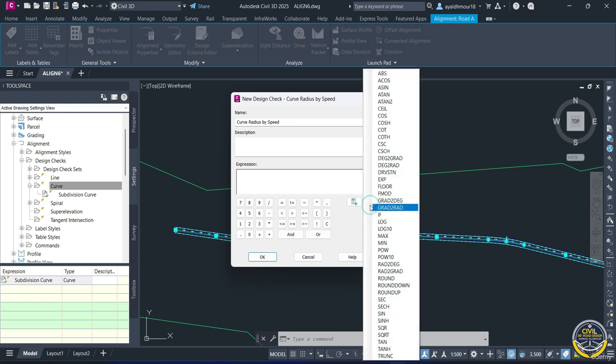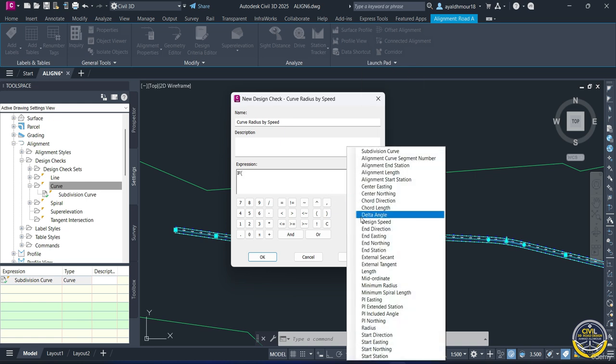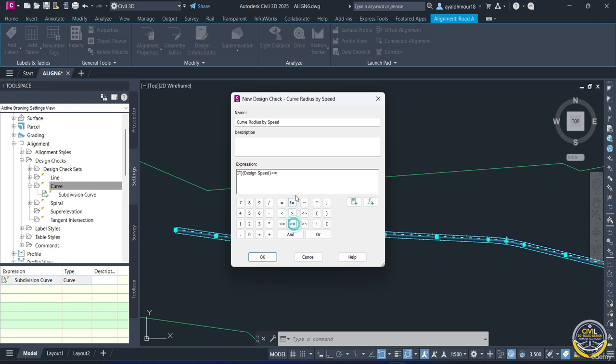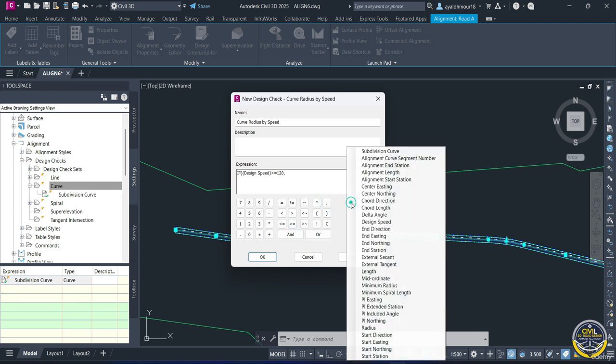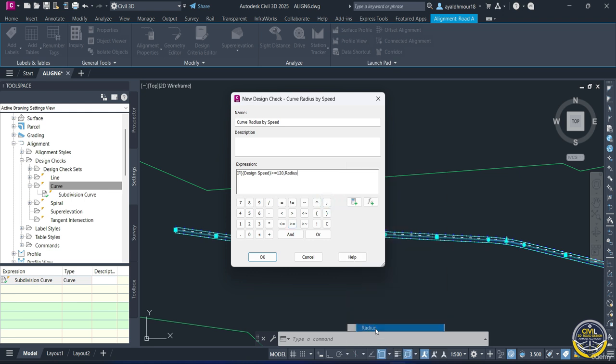Now go to If, then click in design speed more than or equal 120, comma, then choose the radius more than or equal 750 meter, then comma, then enter,